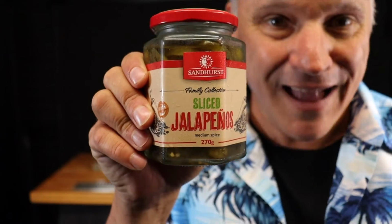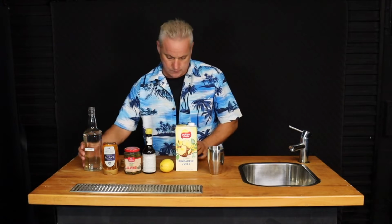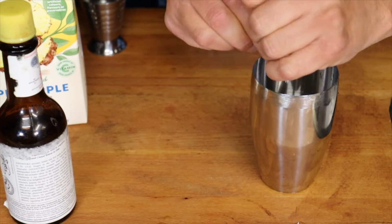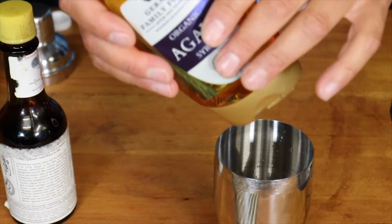This recipe calls for vodka, agave syrup, jalapenos, bitters, fresh lemon juice and pineapple juice. Into a shaker, add 60 ml of vodka, 45 ml of lemon juice, 30 ml of pineapple juice, 6 ml of agave syrup,